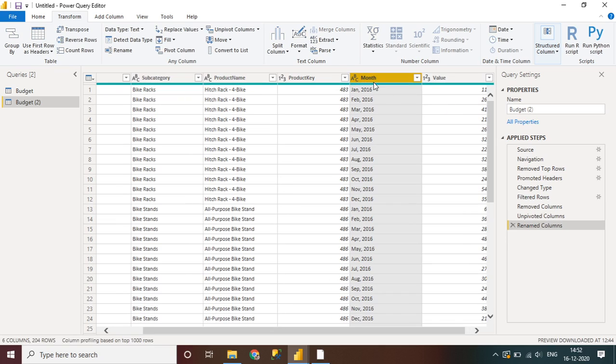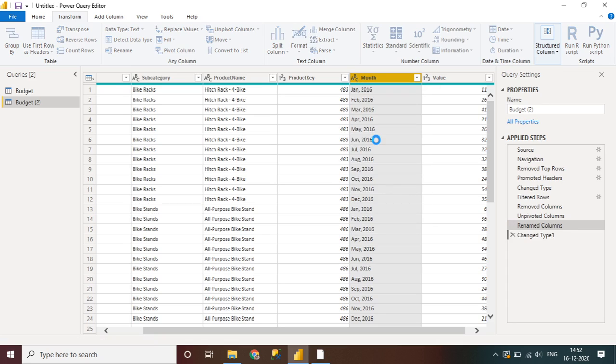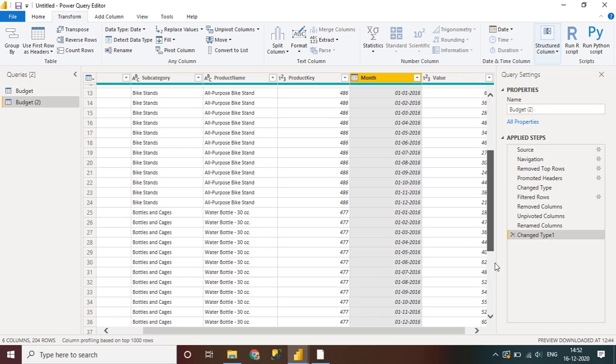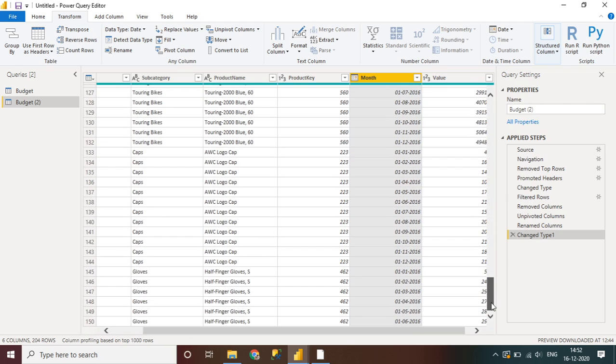If you see here, this data type is ABC, and we know that this is a date type, so you can change the data type. On the right hand side you can check that we have unpivoted the columns, renamed the column as well, and now we will change the data type. We know it's a date data type, so we'll click on date. Now it has been changed to the correct data type, that is 2016 date. This is January, February, this first. So the date has been coming up.